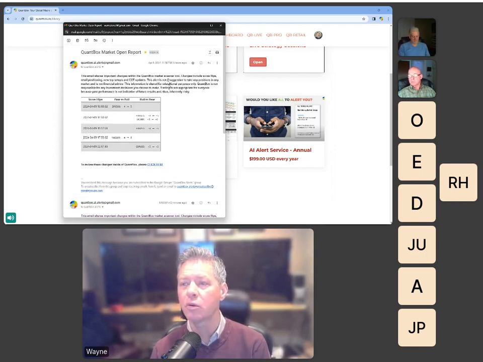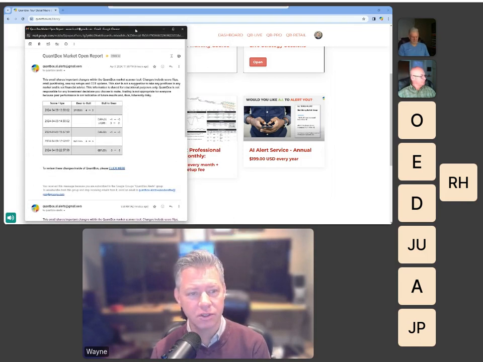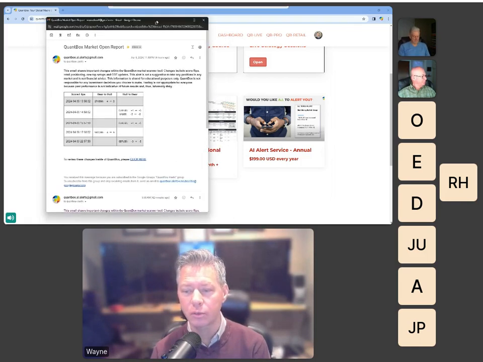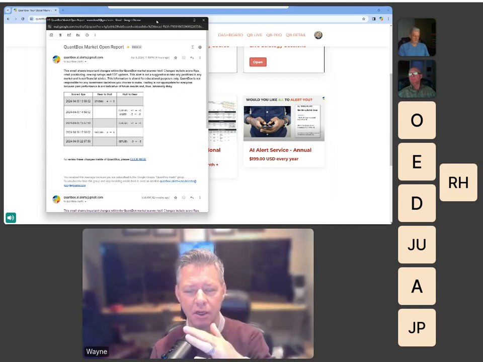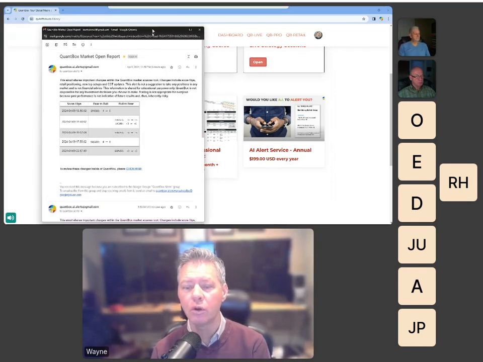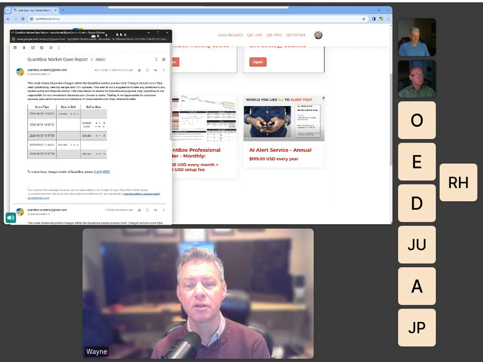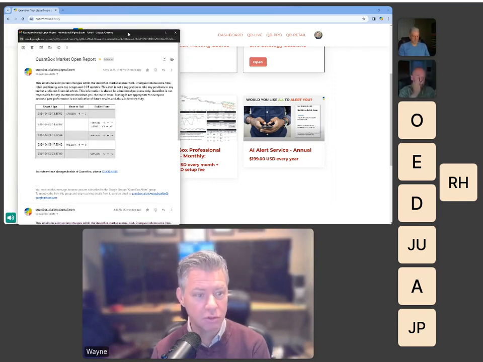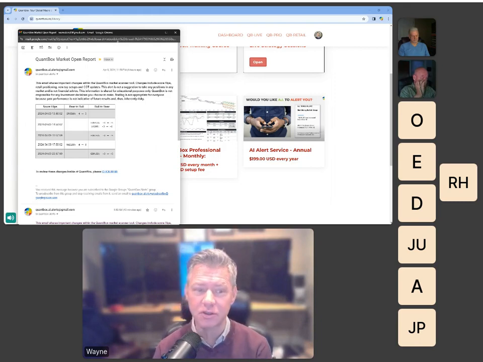It also reads and writes you a COT report, commitment of traders report. So on the weekend, without logging into QuantBox, you can look at the email and it writes a little report for you: here's everything that's gone bullish, here's everything that's gone bearish. And lastly, you get a text message on your phone when fundamental trade opportunities present themselves. It pings you and says, wow, this is going bullish, or wow, this is going bearish, and it actually tells you why.